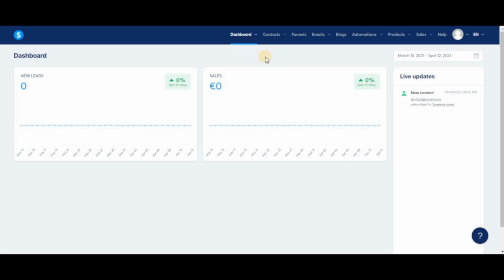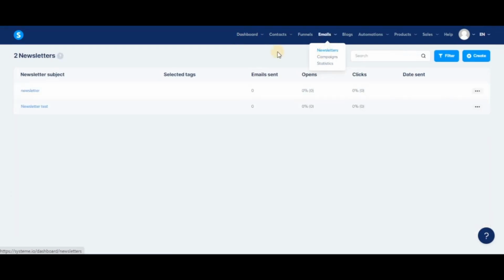And you can also find emails in the Emails tab of a webinar funnel. Additionally, Systeme.io allows you to send newsletters and email campaigns. So let's create a newsletter, which you'll find in your Emails tab. A newsletter is just a simple email that is sent once to your contacts according to their tag segmentation. So you need to make sure to add the tags accordingly as you add them, so you can send them